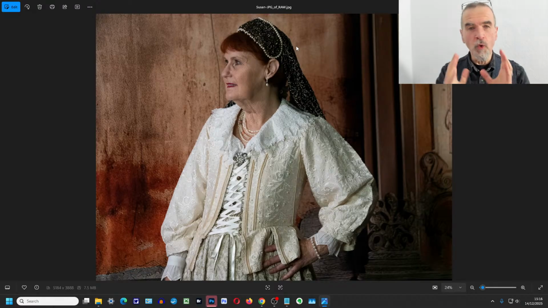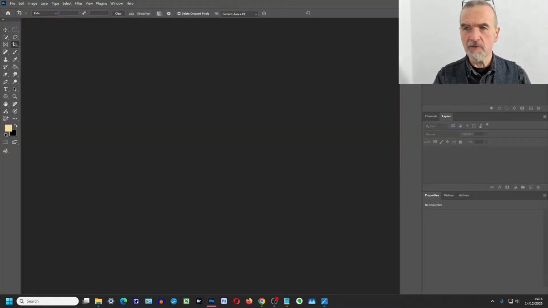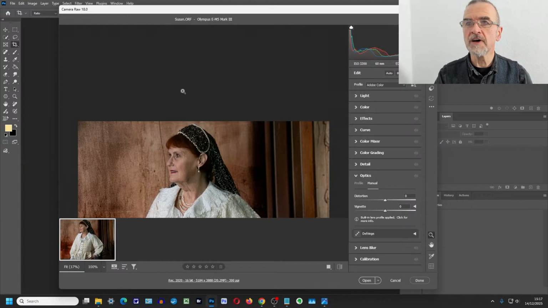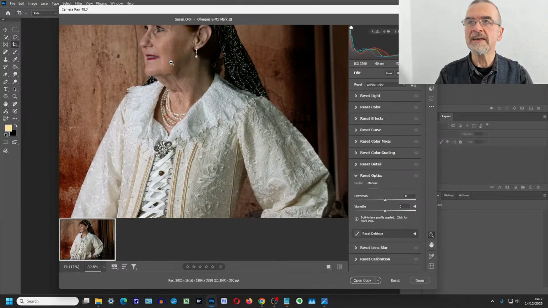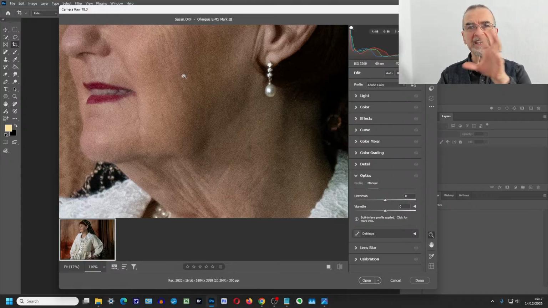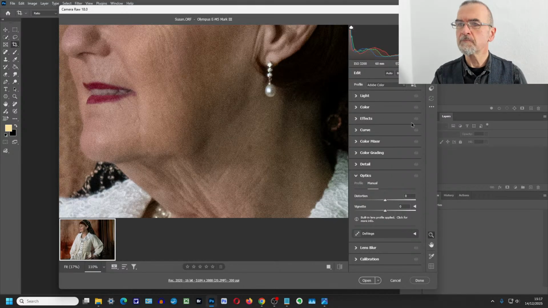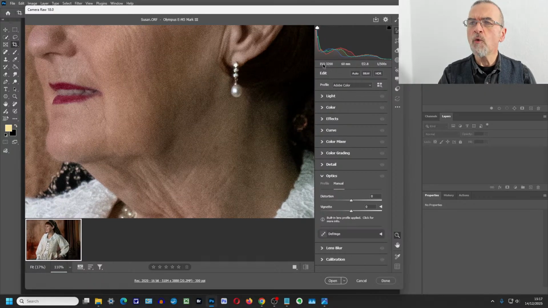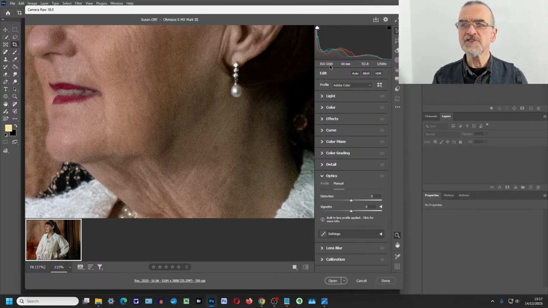Back to this photo. What can you do with this photo? Now, Susan sent me the raw file. So let's just go into here and open up. And the first thing I notice with the raw file when I zoom in is it's actually very noisy, which surprises me given that the lighting is quite strong. But if I look up here, what I can see is you've got ISO 3200, which surprises me. You've got a 60mm, f2.8.